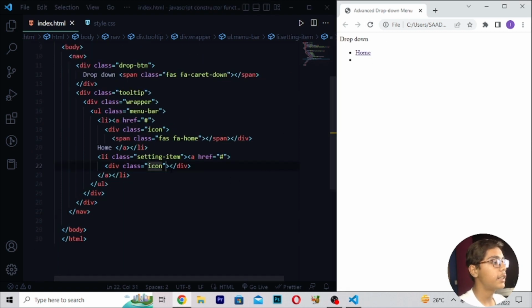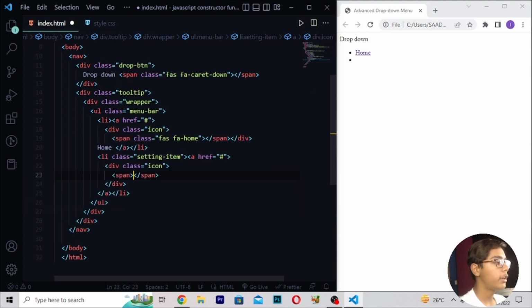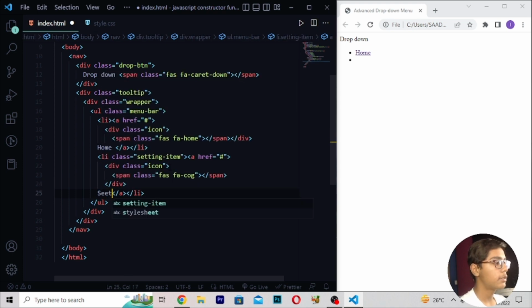You can see we are just getting this drop down menu here. So when you're getting this thing, just I will be moving down, right here span again, right here class which will be fa cog like this, then you have to just move after this div here, and after moving in this div here I will be writing settings, so here I will be now writing settings, and then here I will be writing privacy like this.